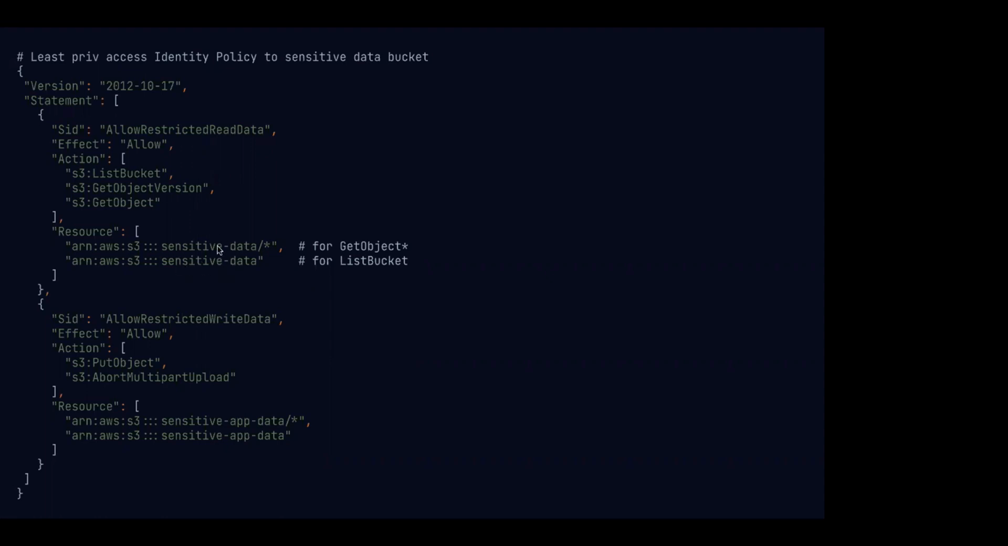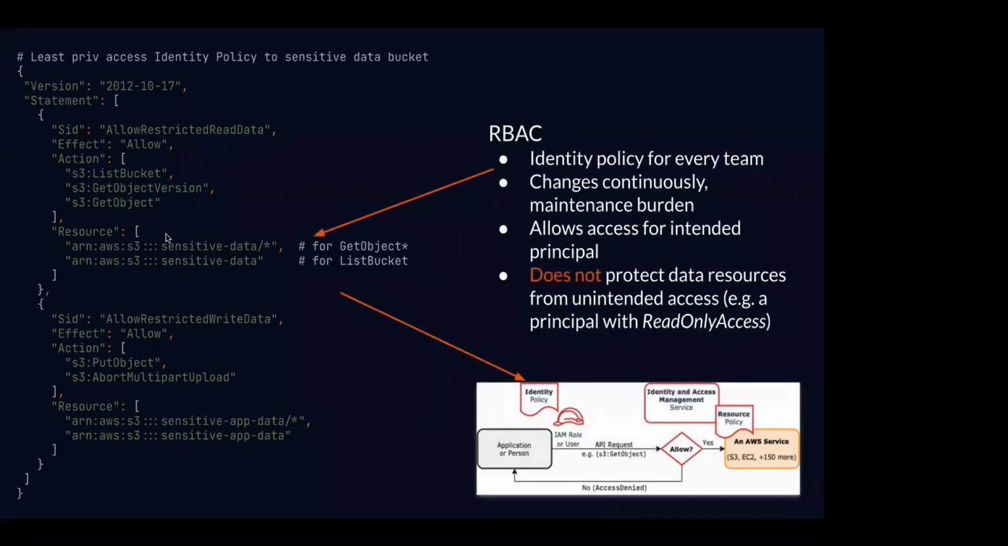You name the actual resource. So we're going to allow get object and also to list the bucket, so we can see what data is in the bucket and we can get data out of the bucket. And the bucket that we're allowing access for is the sensitive data bucket. And this is precisely what changes every time you add a bucket. You can address that perhaps with naming conventions and some well-placed wildcards. But at the end of the day, you have at least, let's say, one identity policy for every team. And there's a constant amount of churn and maintenance burden associated with maintaining